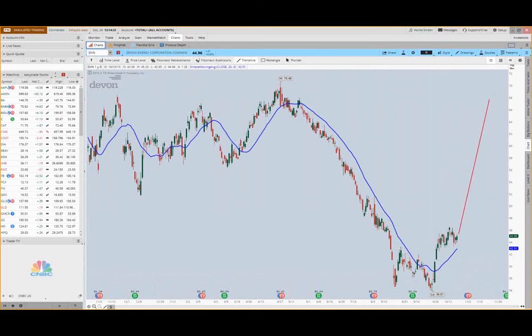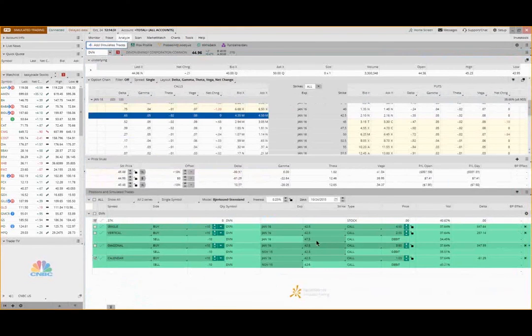Ross is asking me, can I repeat the strikes I did for the example? Sure, it was DVN, and these were the strikes. I was using the 42.5 and the 47.5. These were the different examples. The single call costing you $4.50. The straight vertical, where you'd have the same expiration month, both January, 42.5, 47.5. The diagonal, where you'd go long the January, short the nearer term, the November, 42.5, 47.5, and then the calendar, which would be again January, November, but both at 42.5.